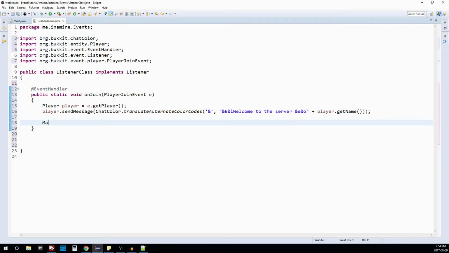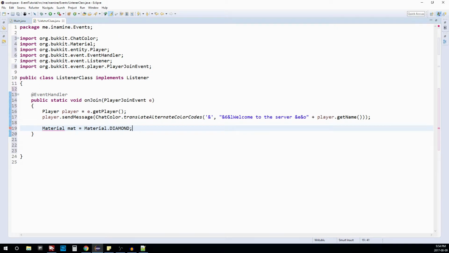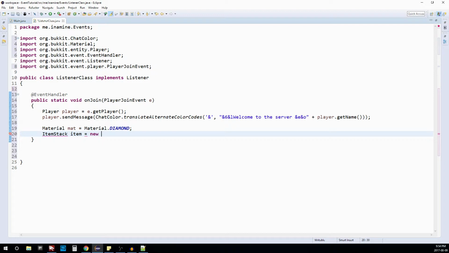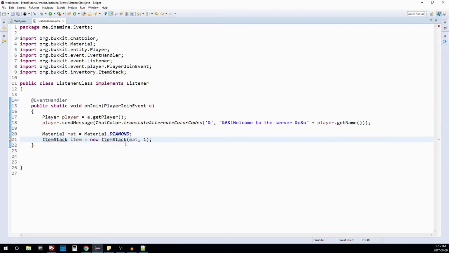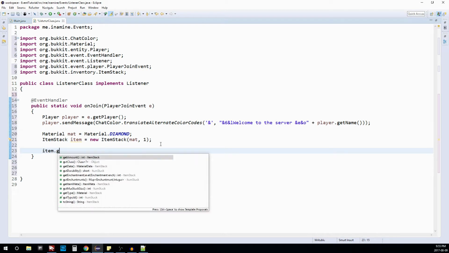So I'm just going to make it material mat equals material dot diamond, and of course I imported it there. Okay, and then ItemStack item equals new ItemStack, mat for the material, and then 1 for the amount. So the item stack we're giving is just org.bukkit inventory here. Is just giving 1, and then item